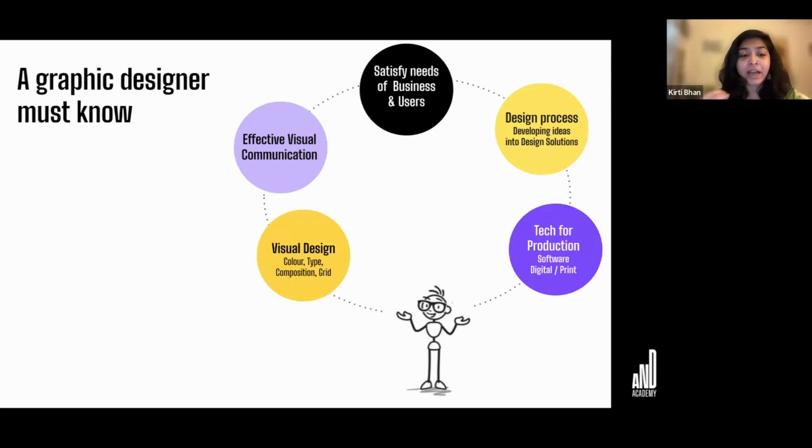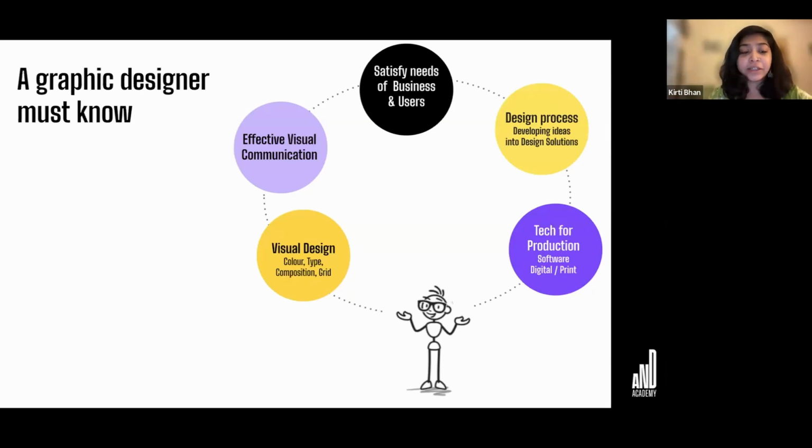Moving forward, taking our understanding of visual design, we go towards effective visual communication. Designers must communicate messages clearly and effectively. We just understood that it's very important for graphic designers to plan and communicate. It is the sole thing that we are actually doing as graphic designers. The goal is to ensure that the design speaks to the audience in a way that's easy to understand and visually impactful. When we are talking about effective visual communication, we are also talking about connecting with the audience. And when we are able to connect with the audience, the effective visual communication is already happening.